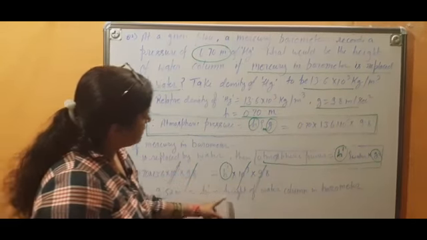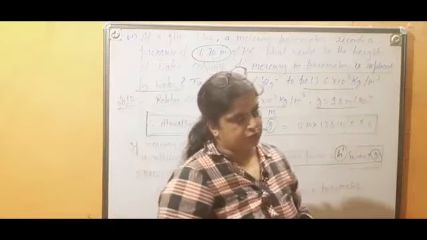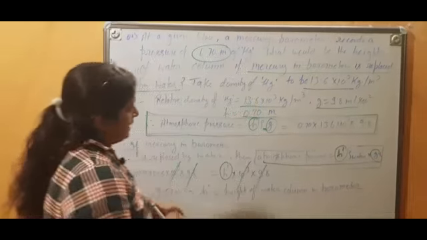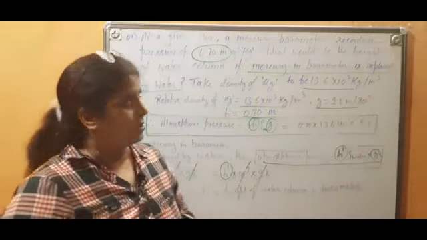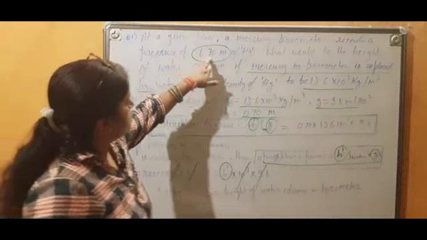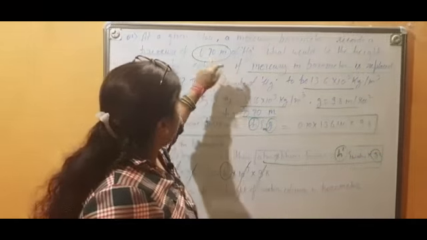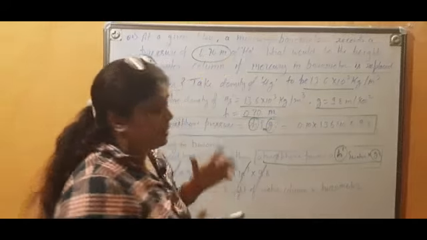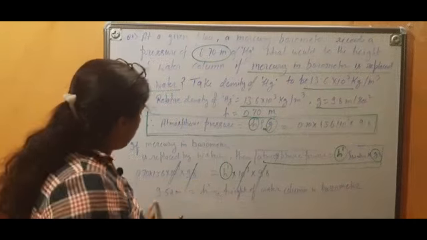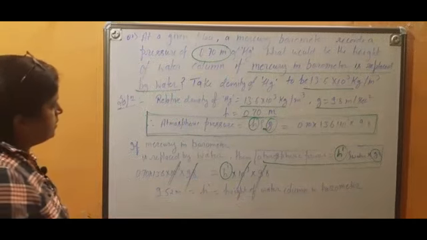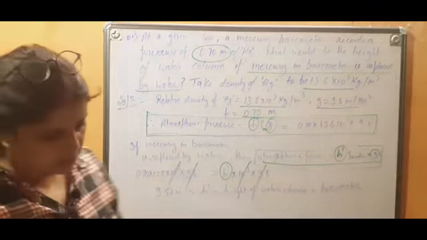And what is H dash? That is the height of the water column in barometer. So children, trying to understand, for same atmospheric pressure, mercury show this height 0.7. If mercury is filled in your barometer tube, the height will be 0.70 meter, but if you will take water, it will show 9.52 meter. So this is your answer.